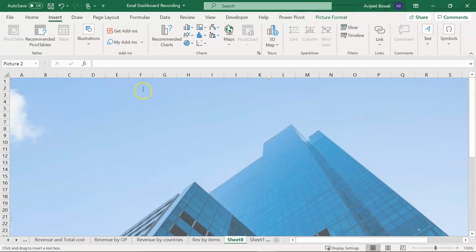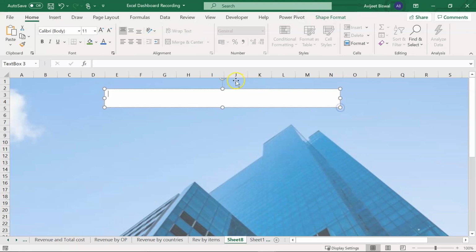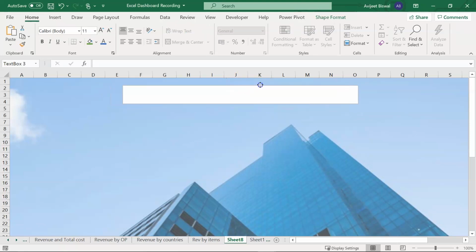So I'll click on a text box and I'm going to place a text box in the middle, and I'm going to name this text box as Excel Revenue Dashboard on sales. I'll center align it.